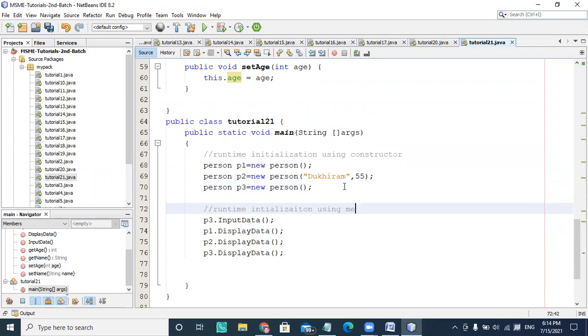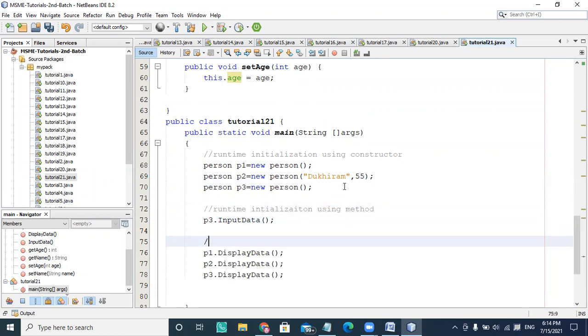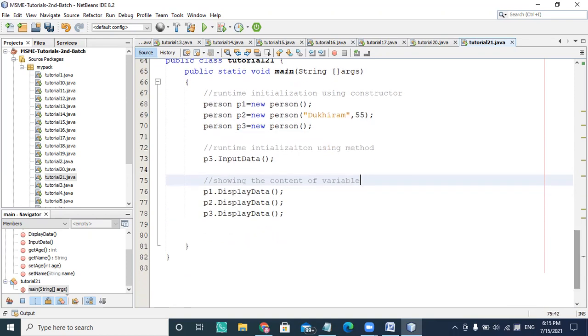So I'm calling a method called input data, and this is output, showing the content of the variable. So now I want to initialize my fourth person object by using the setter and getter methods. So I'm creating an object called person.